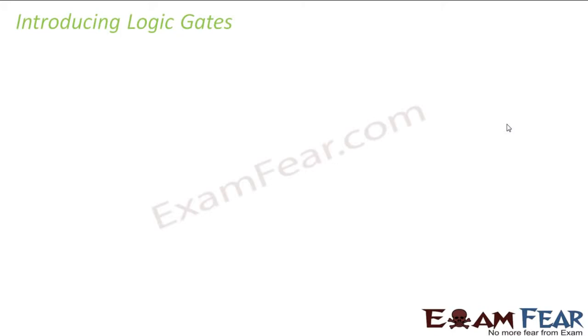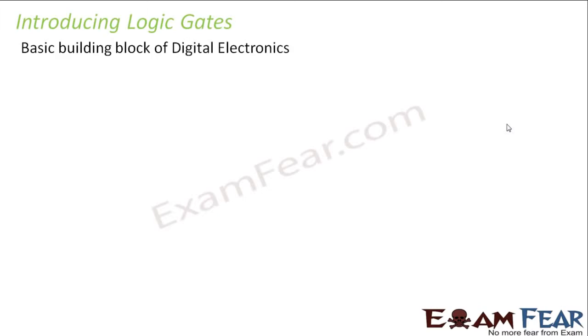So the basic building blocks of digital electronics are the logic gates. So what are logic gates? Logic gates are a kind of circuit which will tell you a specific pattern. That is why they are known as logic gates. They use a logical relationship between the input and the output. So they are also nothing but digital circuits where when you give some input you get some specific output. What output you will get depends upon a logical relationship between the inputs, right? You will understand this as we go ahead.